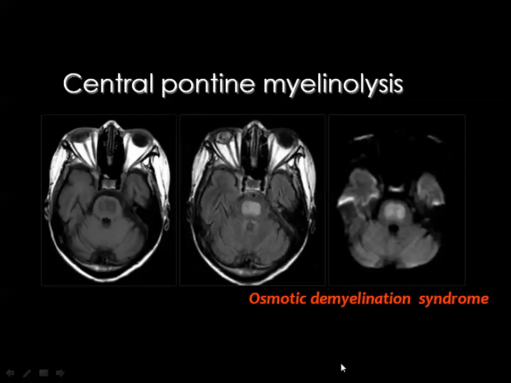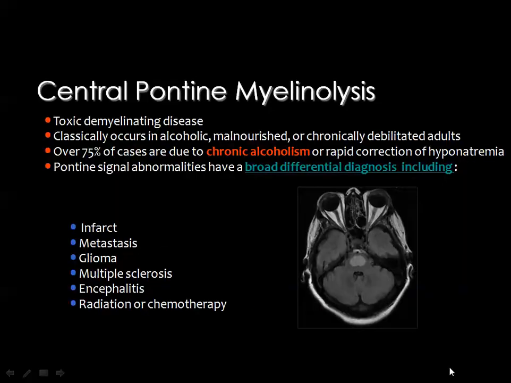Then this is, let us say, one of the classic appearances of central pontine myelinolysis, except that you can see some diffusion restriction in the lesion. I have said that in most of the cases you see free diffusion, but sometimes you can detect a diffusion restriction. This is the lesion with T1 low signal, FLAIR high signal, and some restricted diffusion.